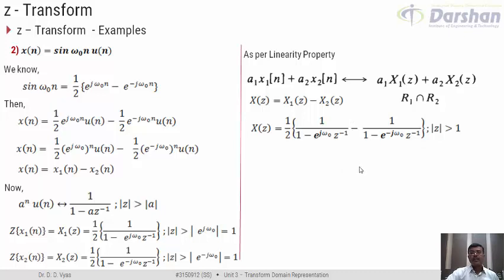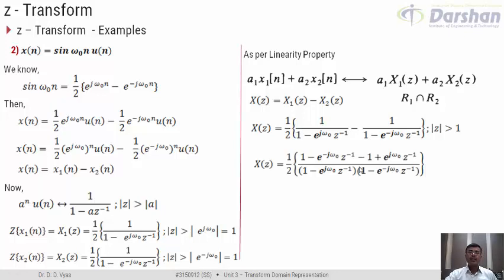As we did previously, let us try to take LCM of this so as to see whether we can bring it in terms of trigonometric relation rather than exponential relation. So we take LCM of this. The denominator would be same as it was there in the cos, but in the numerator we identify that because of this minus sign, the polarity of this term changes, which ultimately leads to cancellation of this 1 and minus 1. So if we try to simplify this, this would come into this particular form.